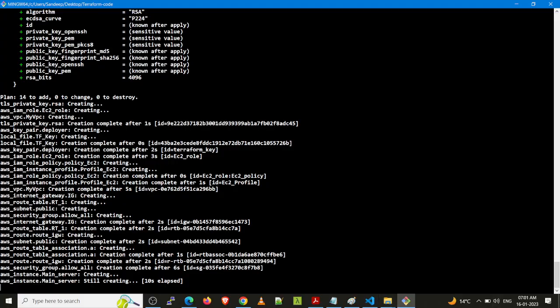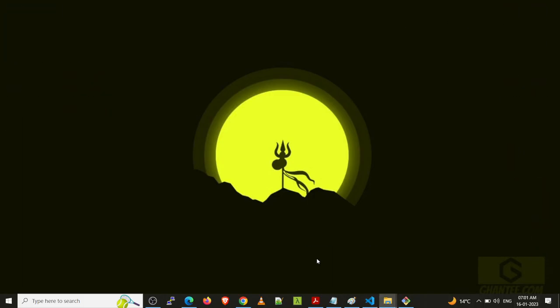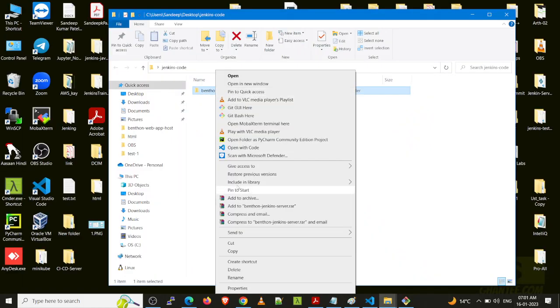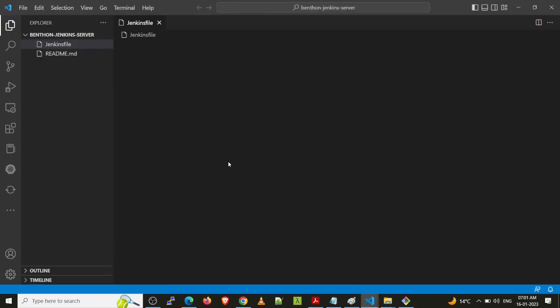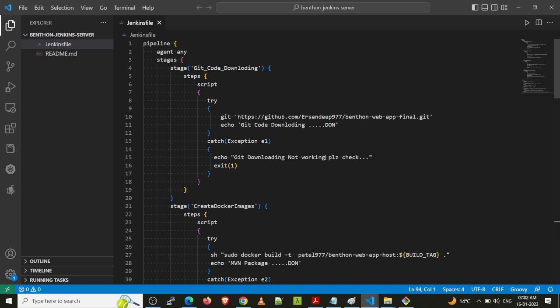And the other thing we have to understand is how the Jenkinsfile works. It means how the Jenkins server works. For this CI/CD, I have created one Jenkinsfile. Inside the Jenkinsfile, first we use some stages. The first stage is git code download. This is the repository.